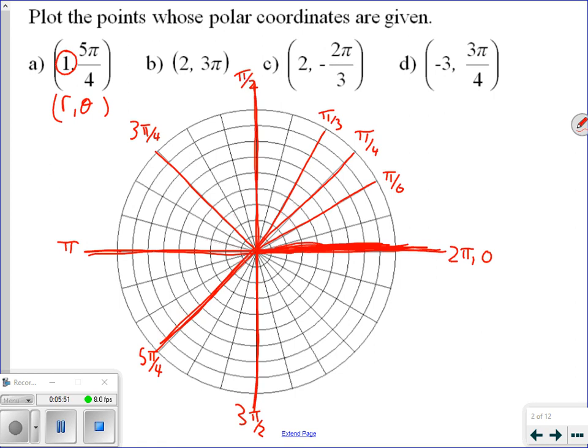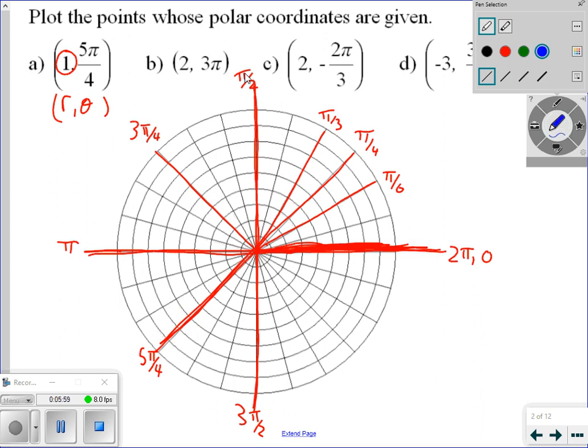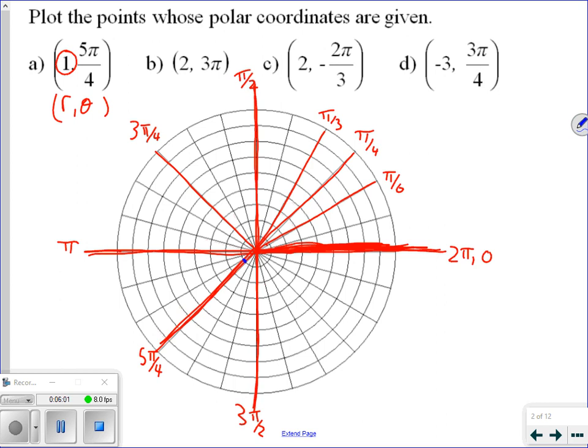Okay, now the origin's right here. Each circle is supposed to represent 1 radius length away. So I know this is going to be hard to see, I'll change colors. How about right here would be 1 radius length on the theta value, 5 pi over 4. Okay, so I'll call that point